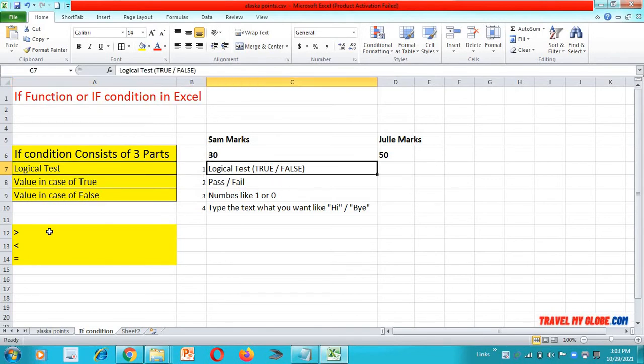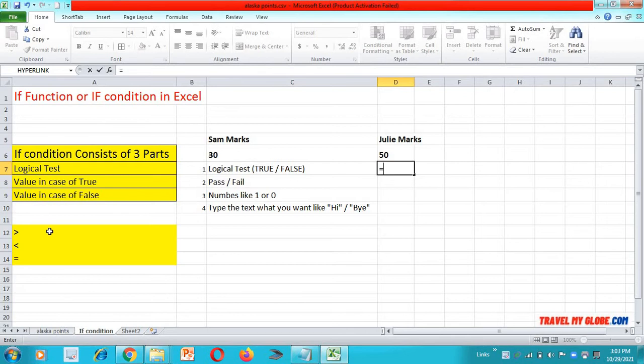Let's see one example of a logical test. If I am comparing Sam's marks with Julie's marks, how can I do that? You need to put an equals sign for comparing this cell. Suppose I want to compare if Sam's marks are greater than Julie's marks, then what do I get?